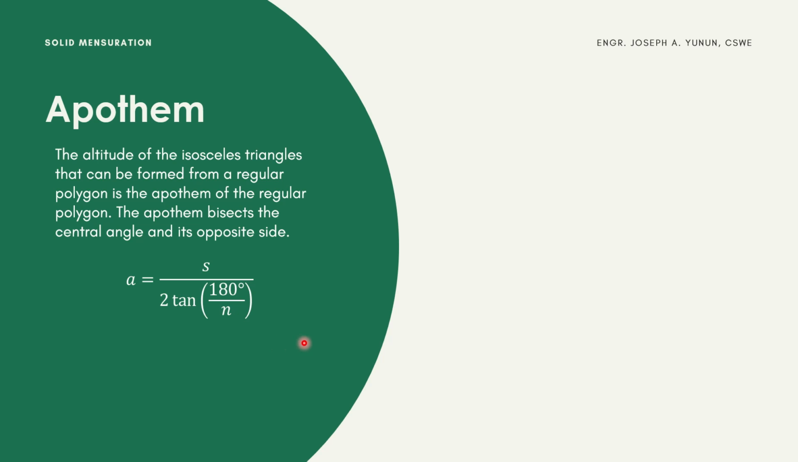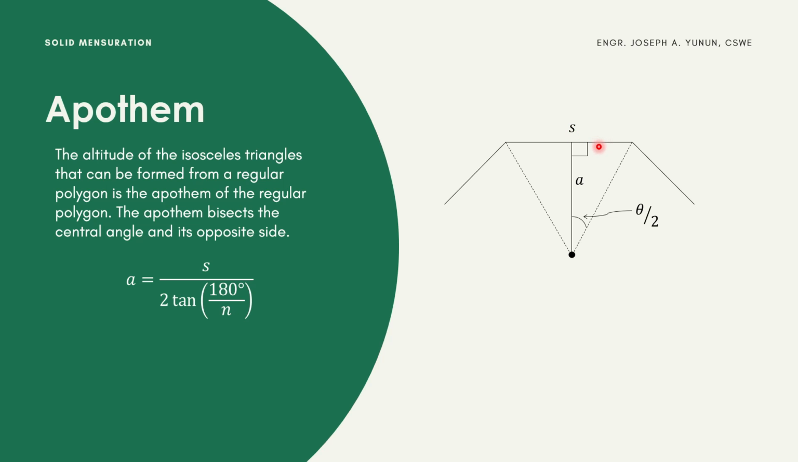So the apothem is the altitude of the isosceles triangles that can be formed from a regular polygon. The apothem bisects the central angle to its opposite side. This perpendicular line drawn from the vertex up to the side is called the apothem. It bisects the central angle, so it divides it by 2, and the side is also